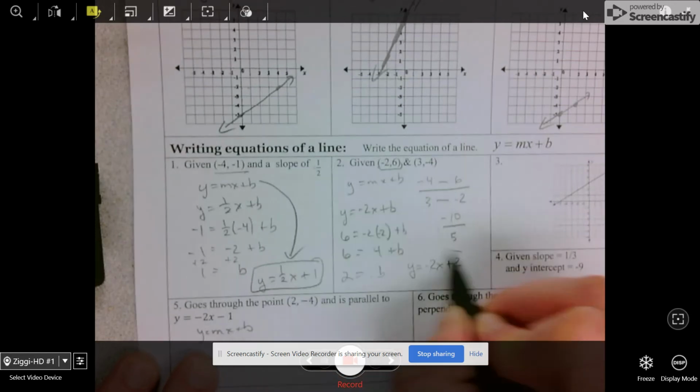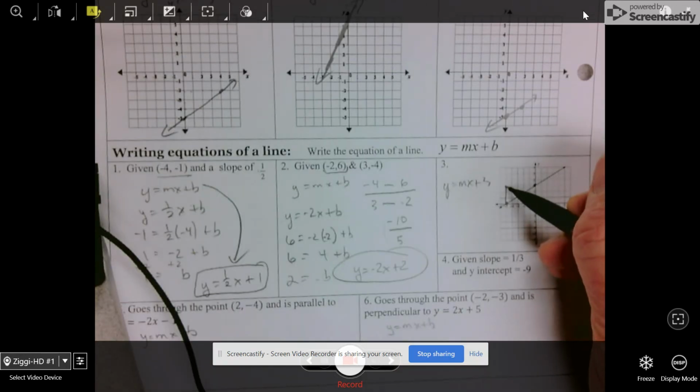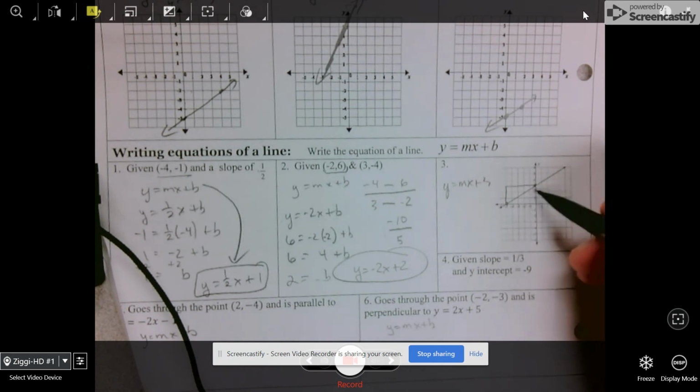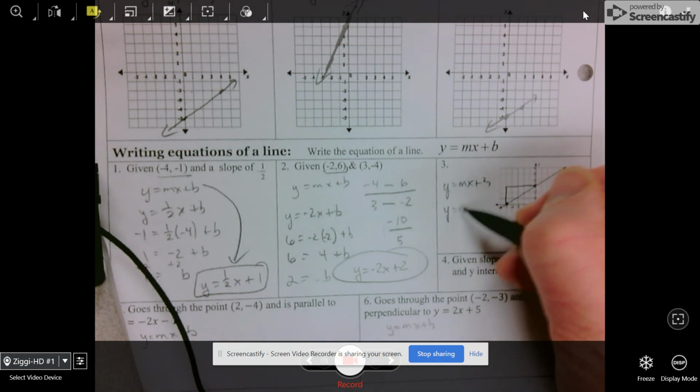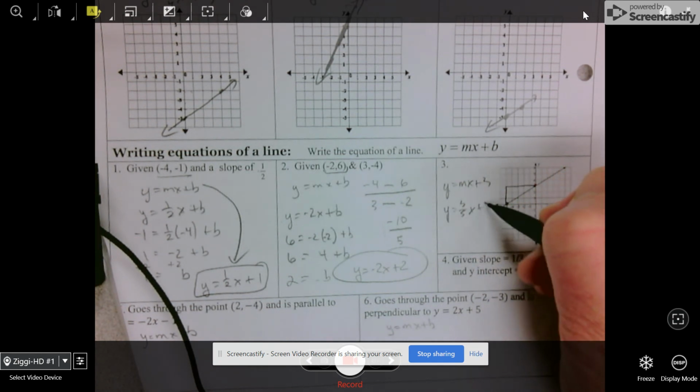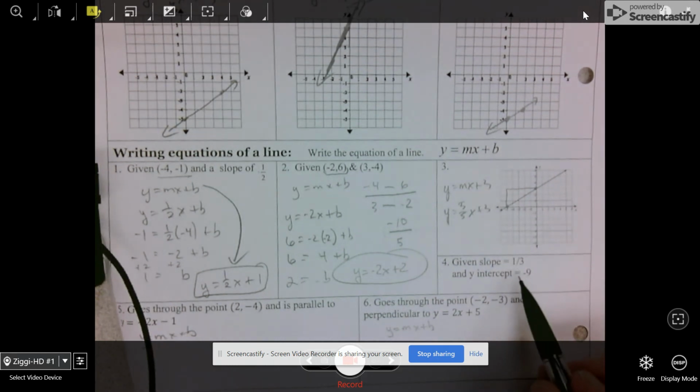Okay, parallel and perpendicular. It's parallel to this line, so the slope of this line is negative 2. So my slope is negative 2. That's all I'm using from this line. I'm not putting the minus 1 in there. Now I plug in the point, negative 4, negative 2, plus b. B equals 0. So y equals negative 2x plus 0, which we don't write